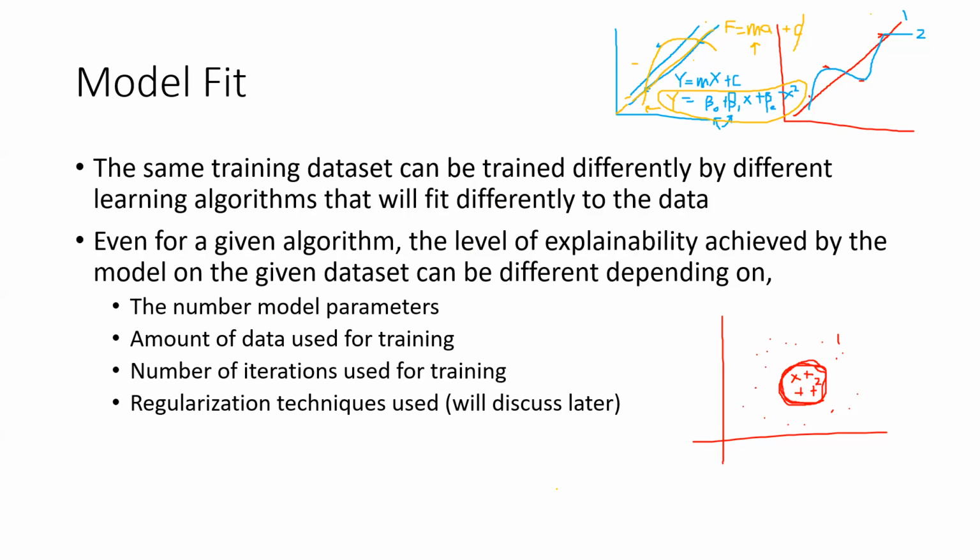You can start with 0, 0, known as zero initialization, or you can start with random values for each of these parameters, known as random initialization. Then your model will change little by little. So if you are using a polynomial model like this, and you have only 3 data points, if you run many iterations, it would fit all the data points with around 100% accuracy. But if you have stopped somewhere before,